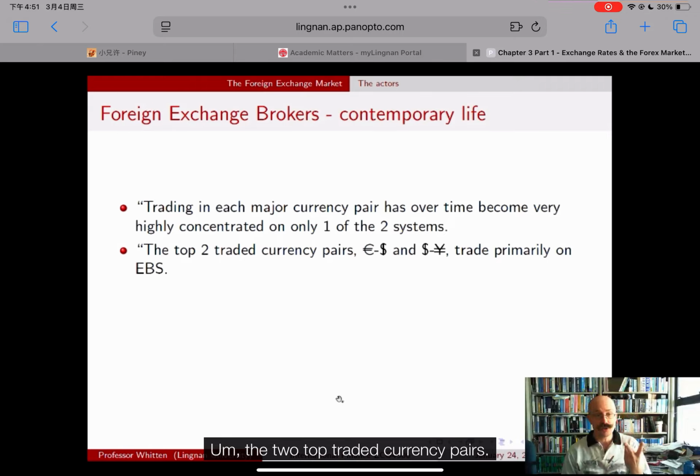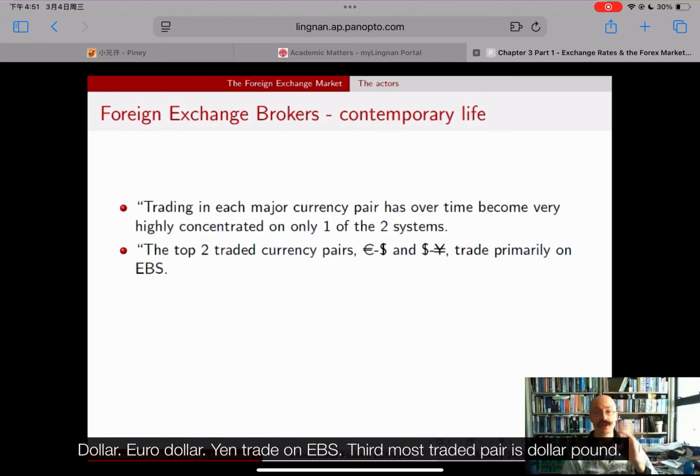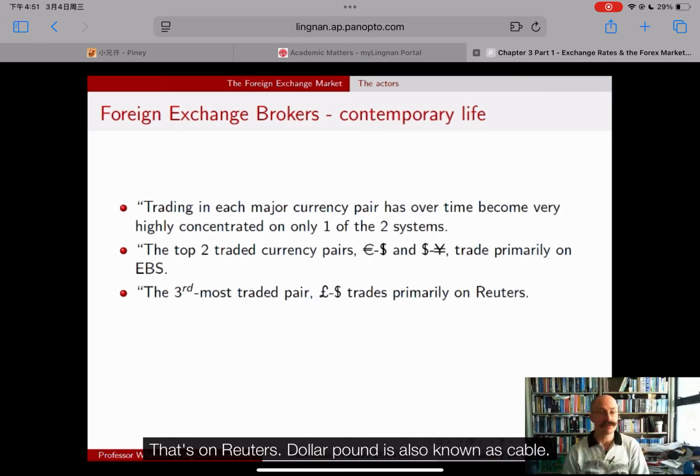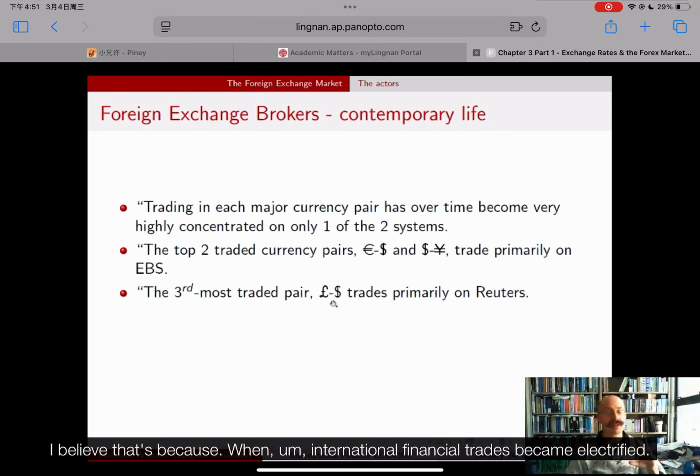The two top traded currency pairs, dollar euro, dollar yen, trade on EBS. Third most traded pair is dollar pound, that's on Reuters. Dollar pound is also known as cable. I believe that's because